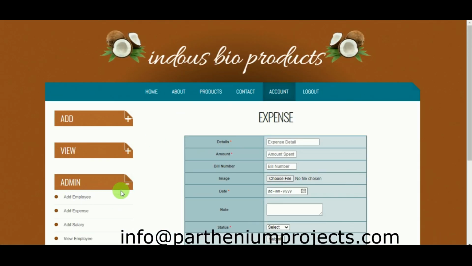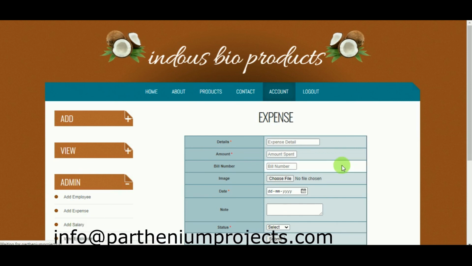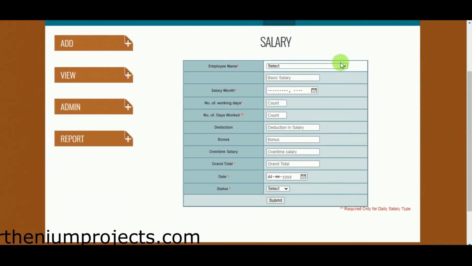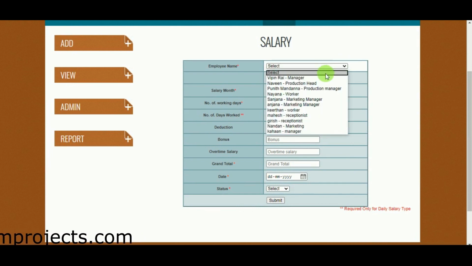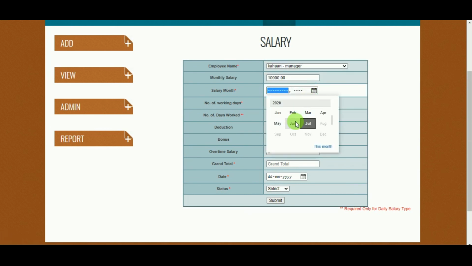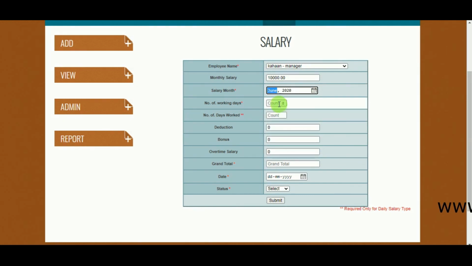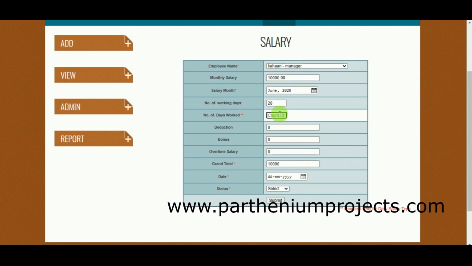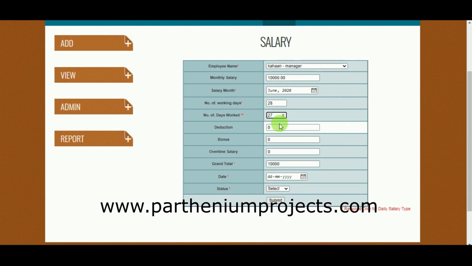Next one is add salary. Here you can add salary for the employee. First select the employee name, any employee name, basic salary, it is already taken. I'll give June as the salary month. Number of working days, I'll give 28 days. Number of worked days, 27 I'll give.